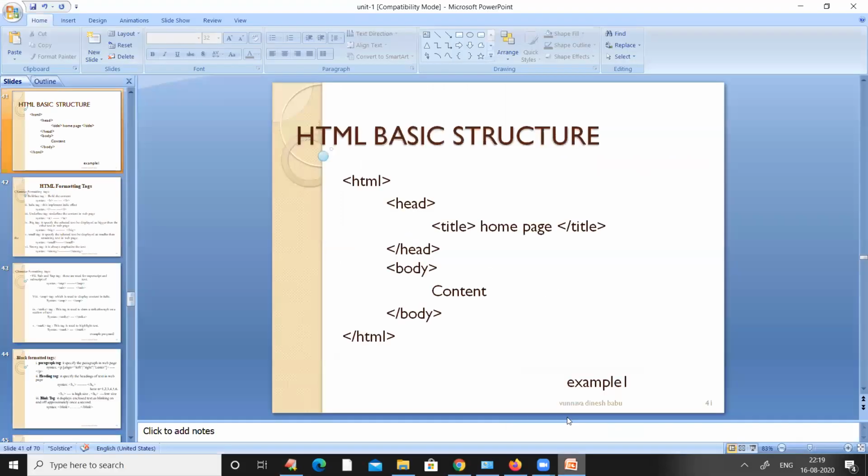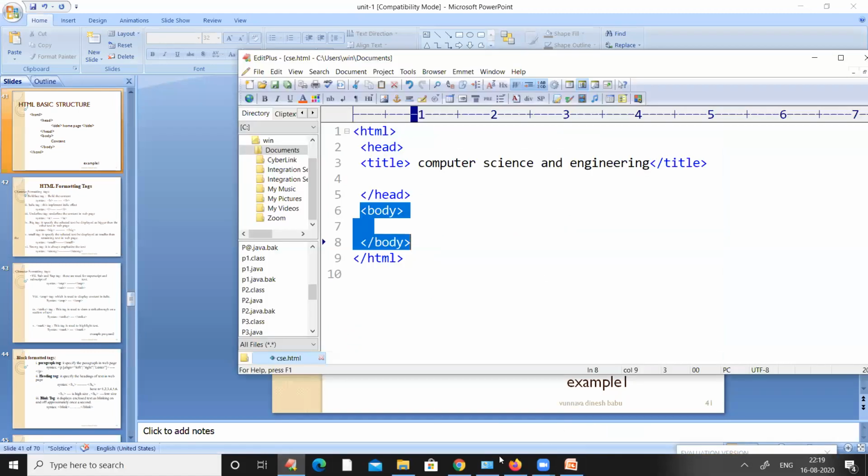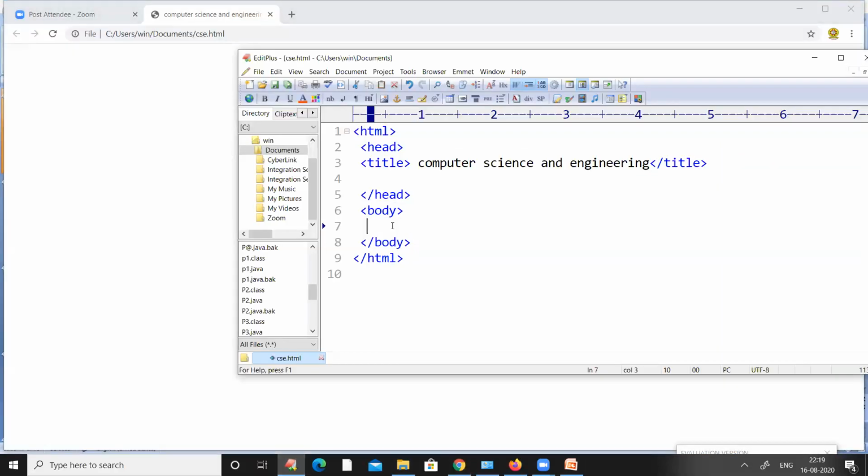If you give something in between this body tag, that will be displayed in this particular area. Okay, so let us add one by one tag to this particular HTML page so that it will be displayed in the output.